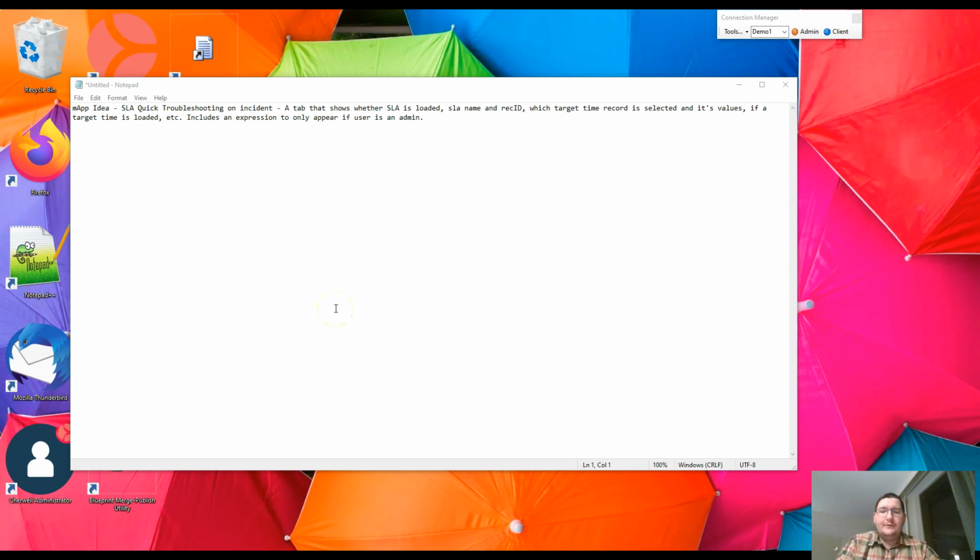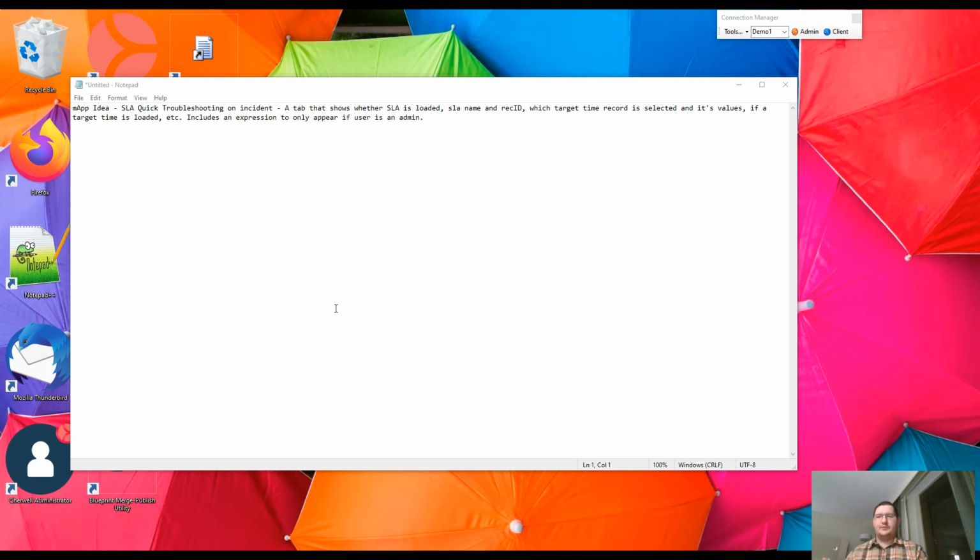Hello! In this video we're going to build a map. We are going to build a map for troubleshooting SLAs, and I need to go blur something out of my screen there from a text message. We're going to be building a map for SLAs, and basically in a lot of instances I end up troubleshooting,